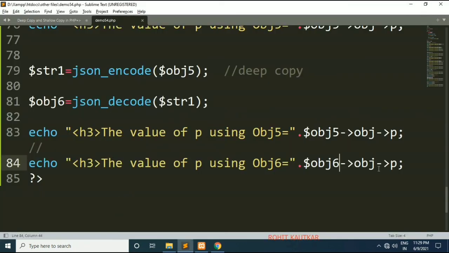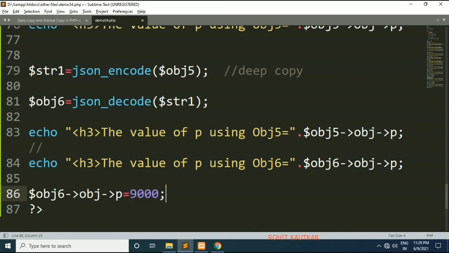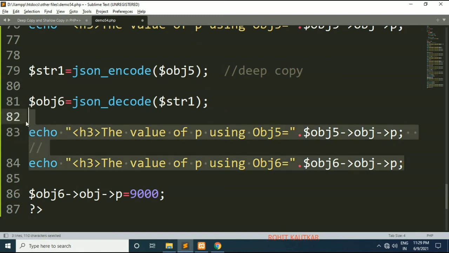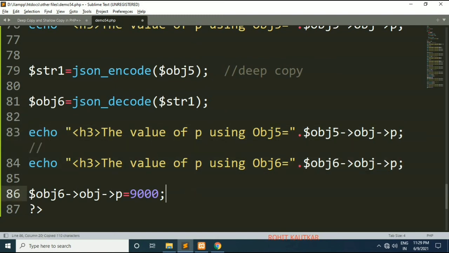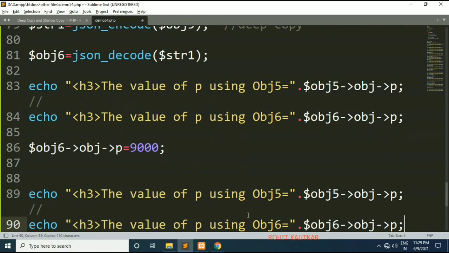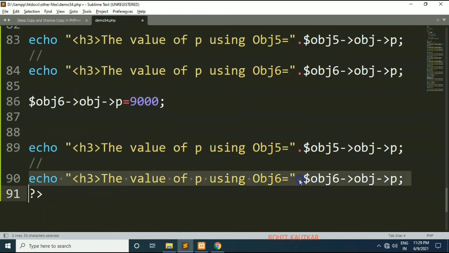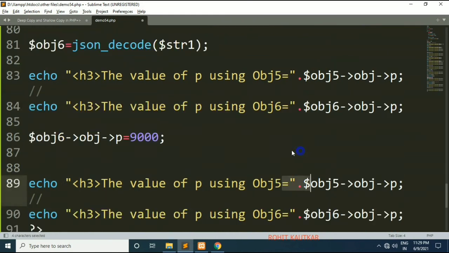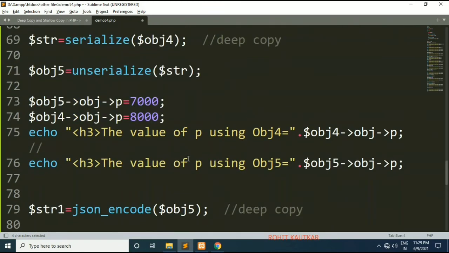Now if I modify, let's say through object 6, I will make it 9000, and again I will try to print the value. Now object 6 will give you 9000, but object 5 will give you the same value, that is 7000.